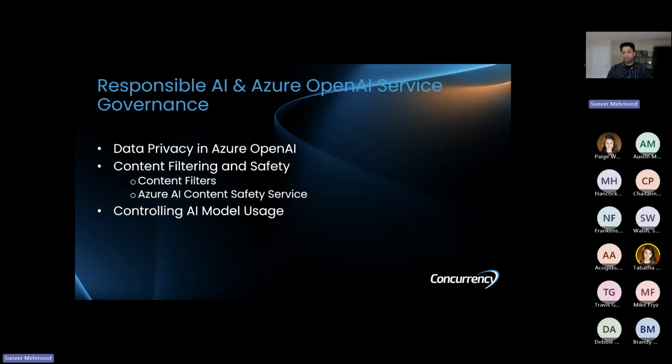The answer is no. The Microsoft Azure environment keeps that data within, and it does not send it to the public internet, or use it for training OpenAI models at all. Your data remains your data. If you use Azure OpenAI service, it's not going to be sent anywhere else.